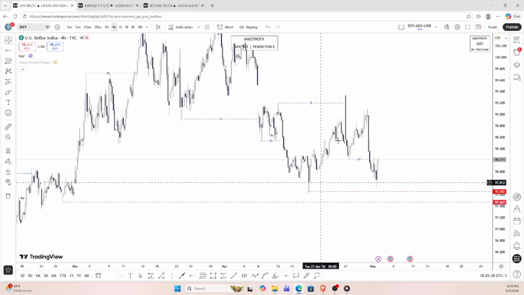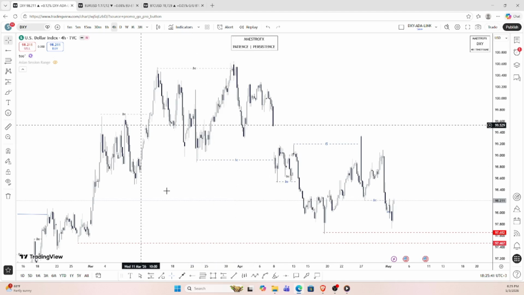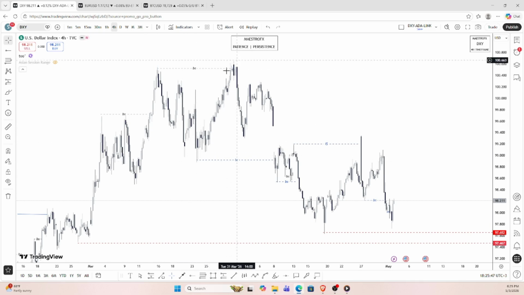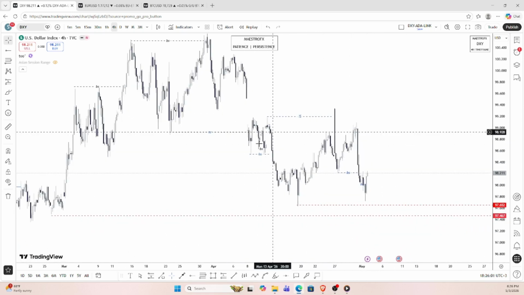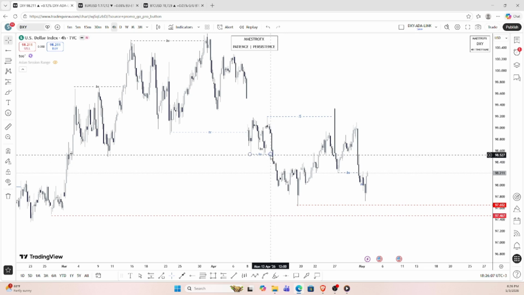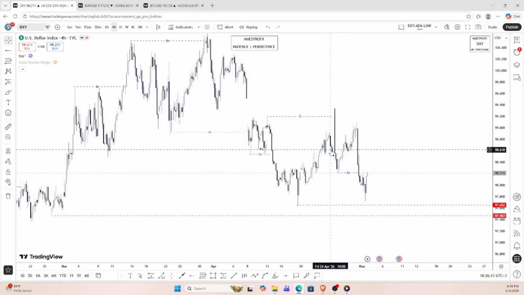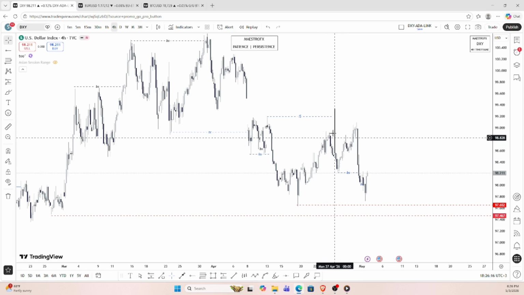Yes, on the 4 hour time frame, we can see that immediately after price printed this structure, it has changed trend or changed character, and it has been printing structure to the downside. And for us, we are on this structure here. Yes, and of course, after every break of structure, there has to be a correction, and so we can see that the dollar corrected to around 98.8,